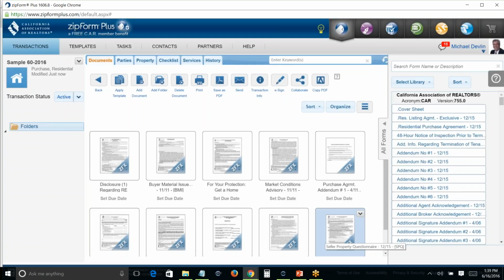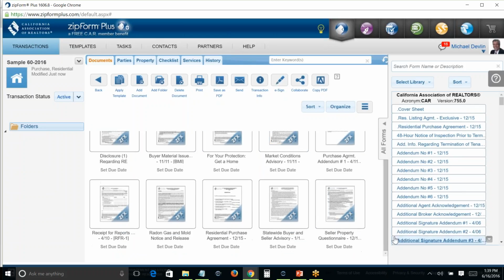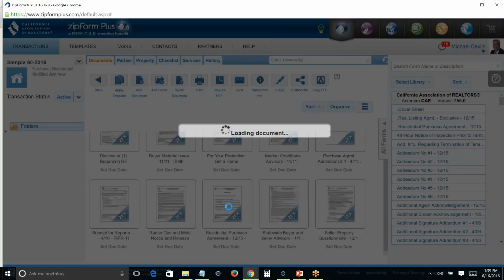And I'm an extremely lazy or efficient person, and so I just took those two transactions and made them templates, right? So I don't have to do it every time. So what we're going to do is, and boy, this one has a lot of stuff in it. We're going to open up the residential purchase agreement,